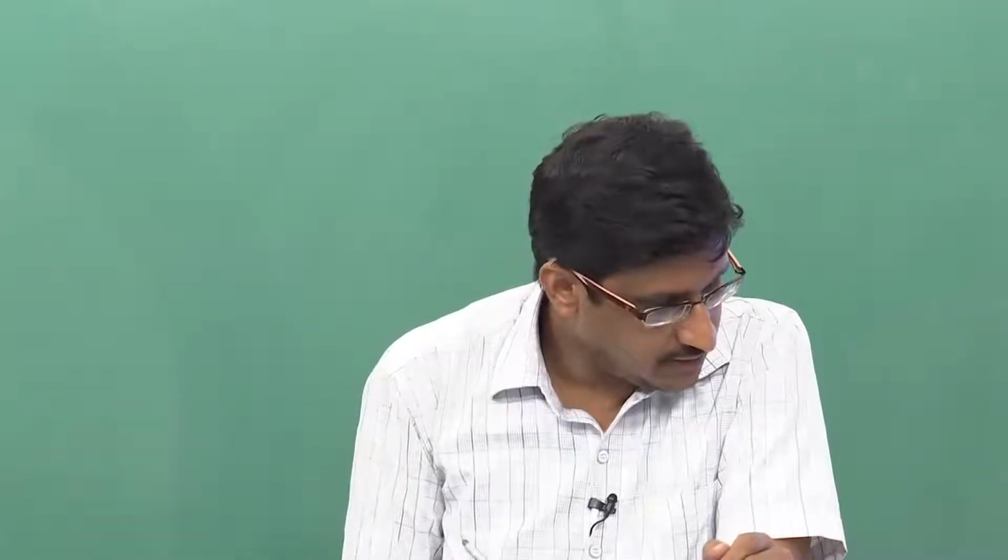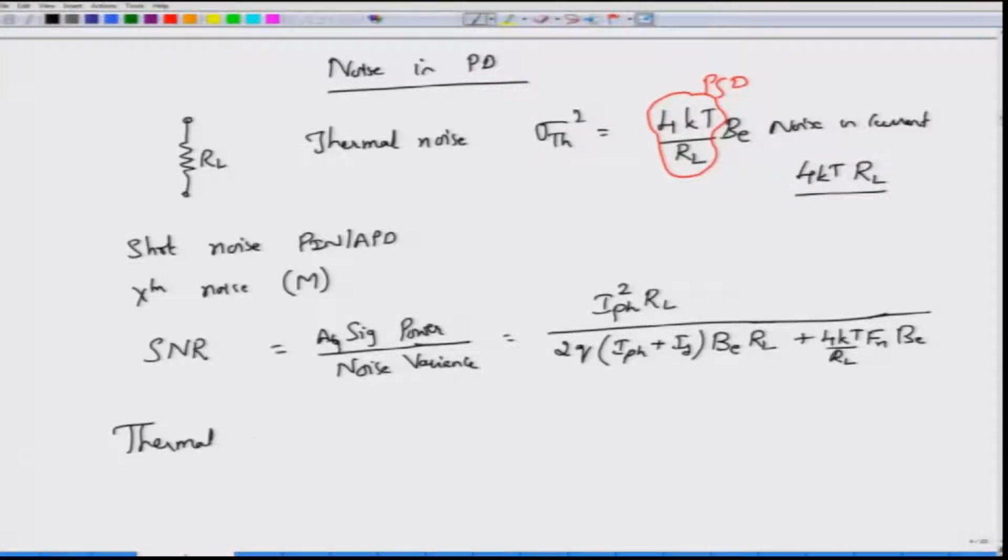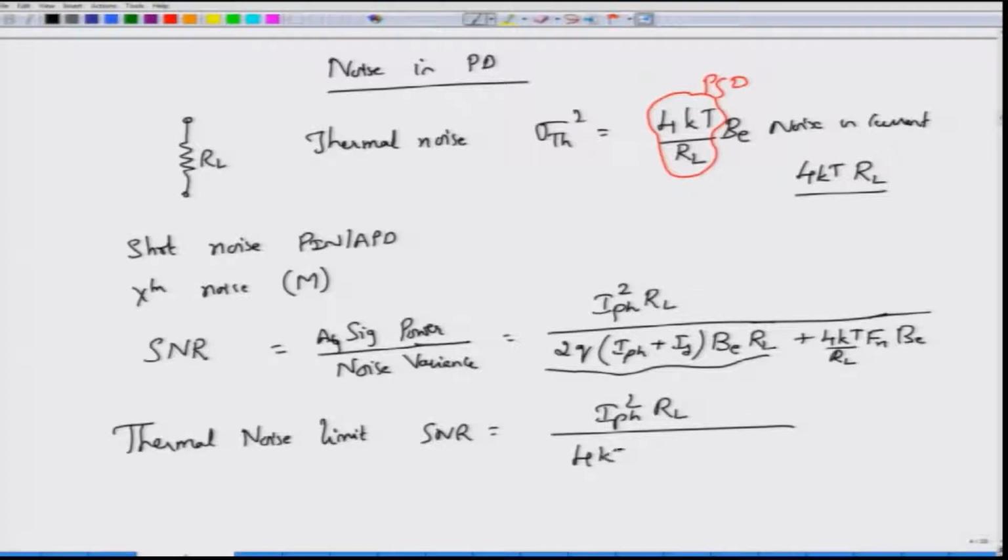So, first consider the thermal noise limit, okay, which happens when your RL is quite small. So, the first term, the shot noise term, can be neglected with respect to the second term, right. So, this can happen when the photocurrent IPH is quite small. Okay. So, in the thermal noise limit, we assume that the shot noise variance is small compared to the thermal noise, and the SNR becomes IPH square RL divided by 4 kT by RL Fn into BE,